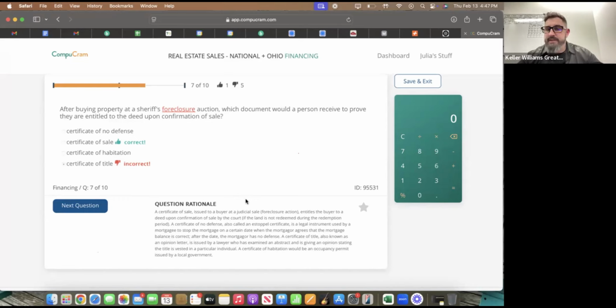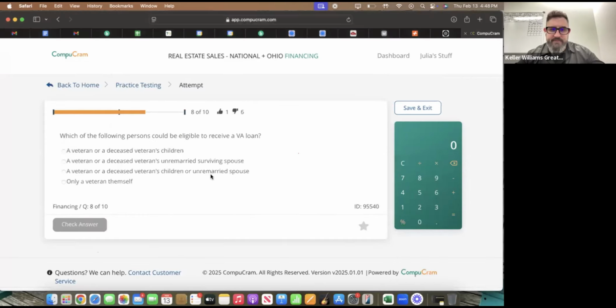So, fun fact, if you're on the east side and you sell homes in Wickliffe, Ohio, every purchaser of a home is required to get a certificate of habitation, which the city of Wickliffe calls a registry for vacancy. They put a different spin on it, but that's what it's called. So keep in mind, if you have a buyer that's purchasing a home in Wickliffe, they've got to pay $60 to the building department to get the occupancy registration. Fun fact for you there.